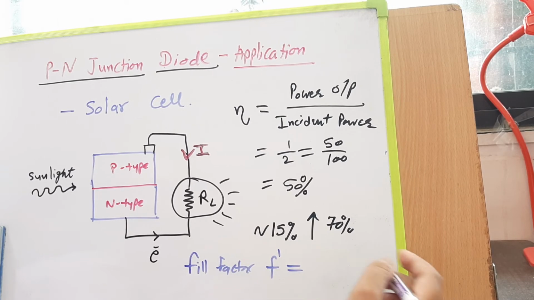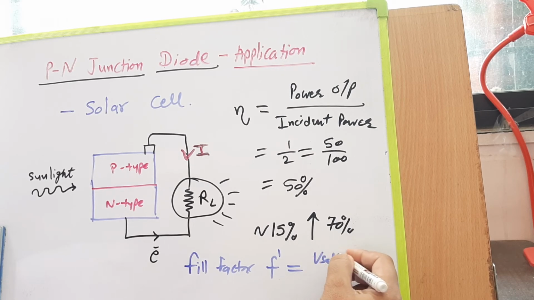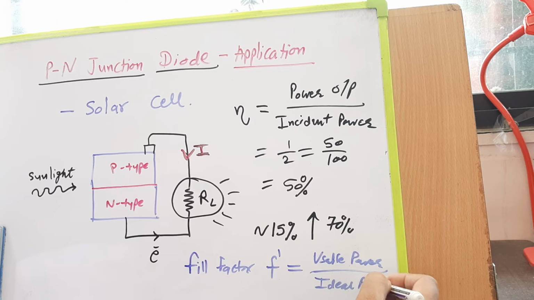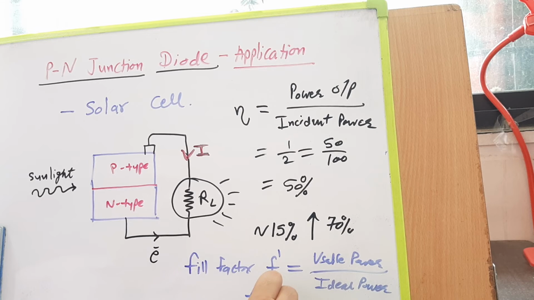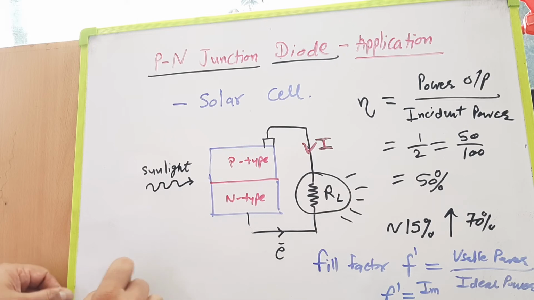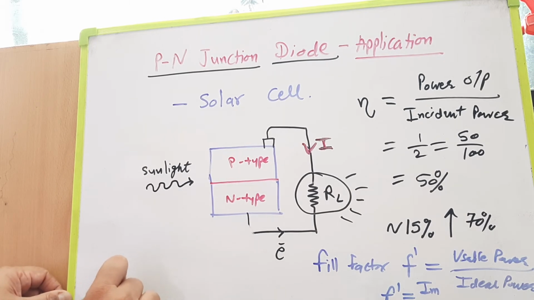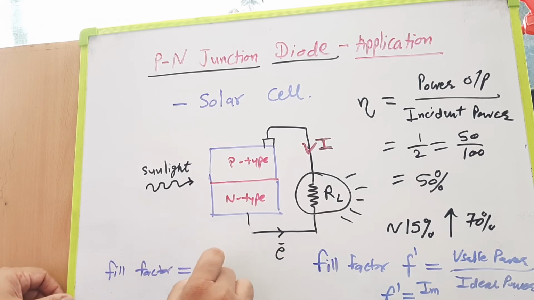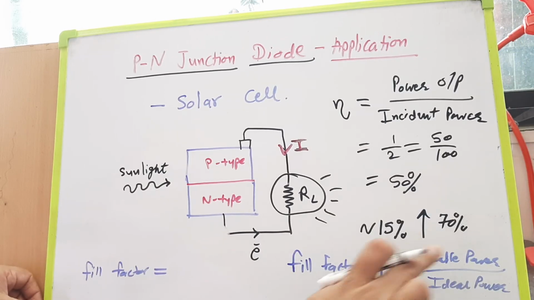Again, in the practical, I have also discussed this. That is usable power divided by the ideal power. So this fill factor, ज्याला आपण F bar म्हणतो आहे, it turns out to be Im into Vm, मी हे इकडे लिहितो better. So fill factor turns out to be Im into Vm. So basically power आहे वरती आणि खालती.